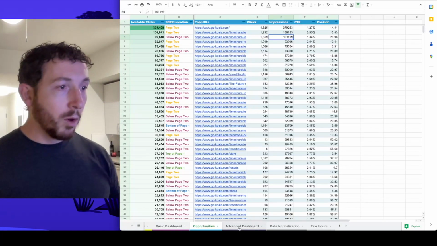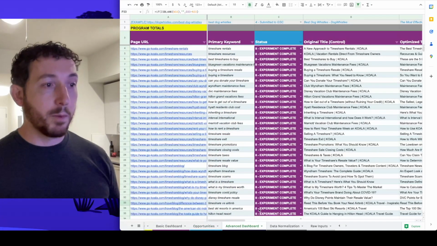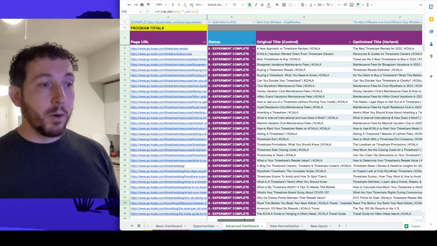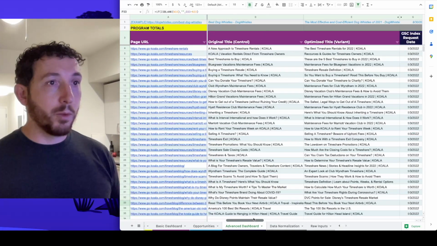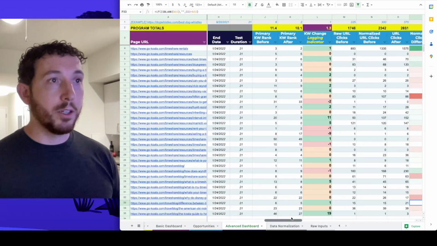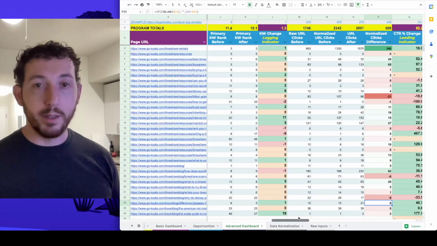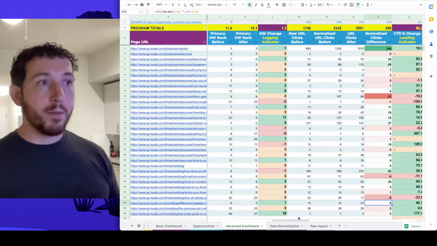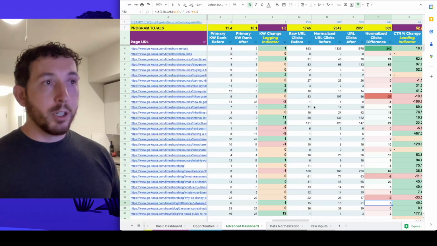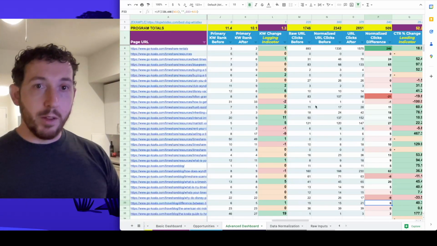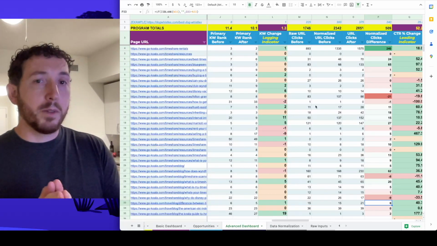So with that said, let's check out the advanced dashboard. First, I'll explain why we have the advanced dashboard in the first place. The reason here is because we wanted to find a way to normalize whatever data we're measuring. When we're just looking at the raw data, in other words, especially in terms of clicks,